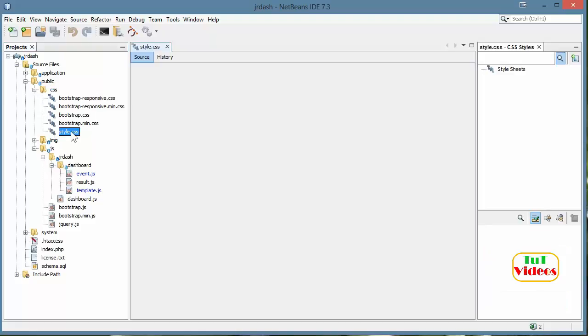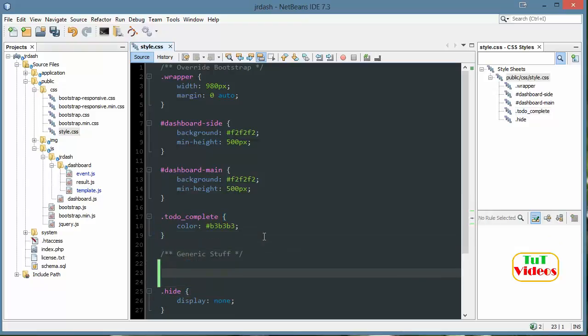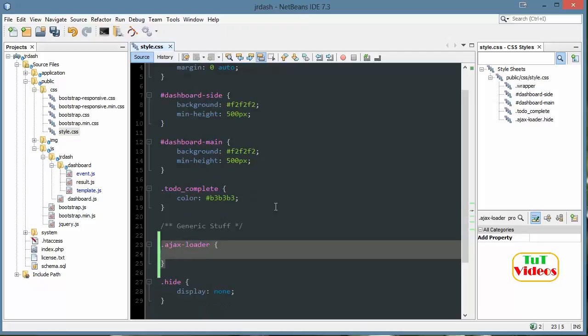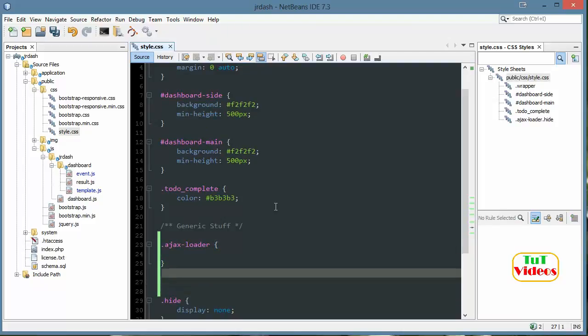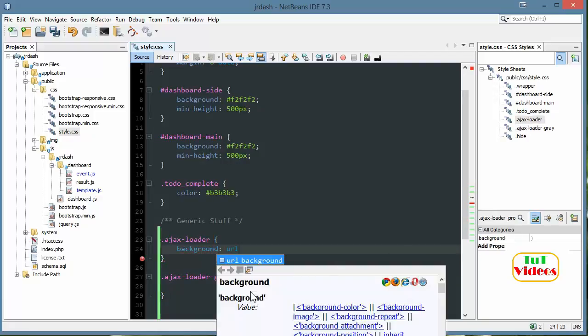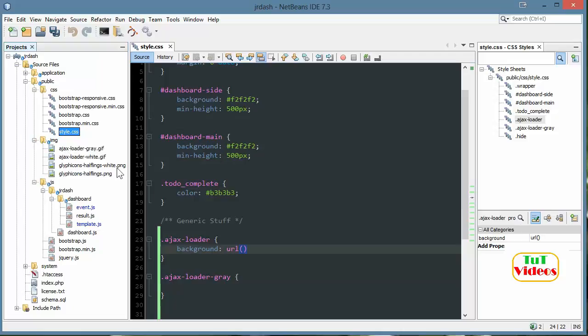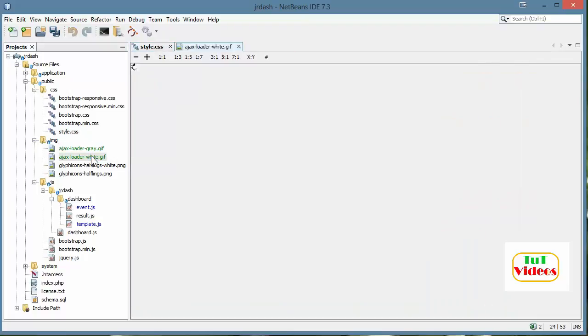So I'm going to open my style.css, and down at the bottom, just under generic stuff, I'll say .ajax loader, and I'll also do one for Ajax loader gray. And with these, what we do is just a background URL, and since we're in style, we want to go to image, so a directory down, Ajax loader white.gif, and if I open this guy up,